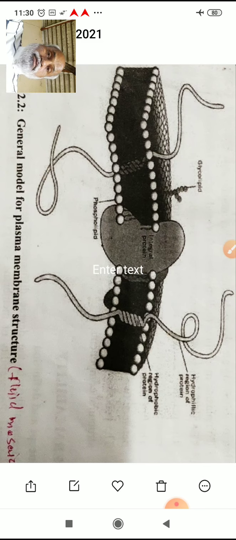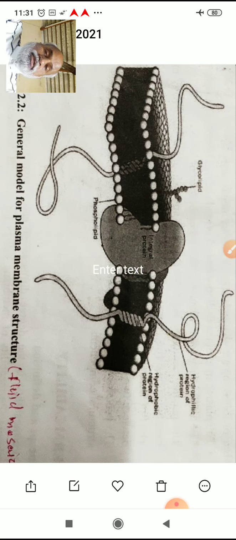Plasma membrane. It is the outermost layer of animal cells and it lies beneath the cell wall in case of plant cells. Plasma membrane, a selectively permeable membrane, present just inside the cell wall of plant cells, and in case of animal cells it is the outermost layer and binds cytoplasm and all cellular things inside it.